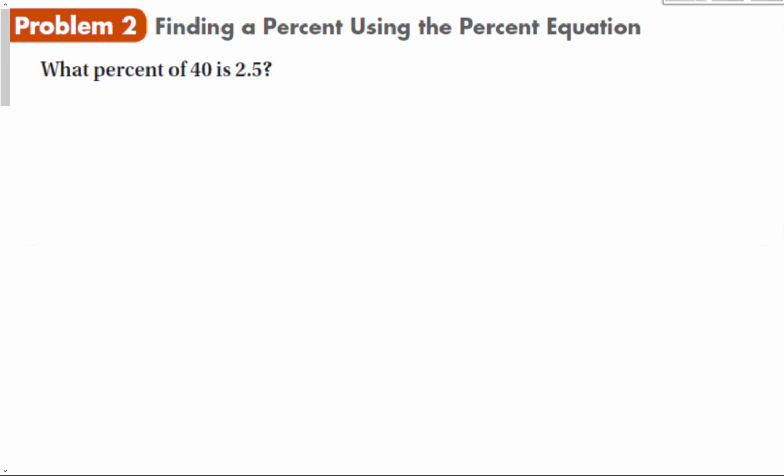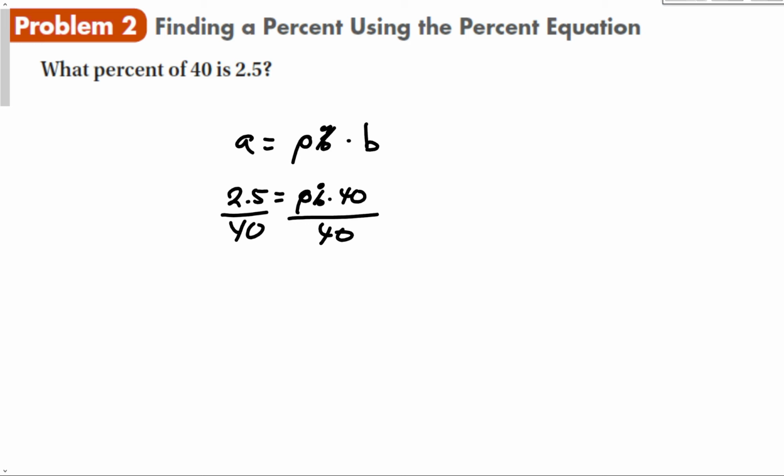So in this example, let's use the equation instead of the proportion. A is equal to some P percent times the base. So 2.5 is equal to some percent times 40. And to solve this, all I do is divide each side by 40. So divide out the 40. Now 2.5 divided by 40 gives me